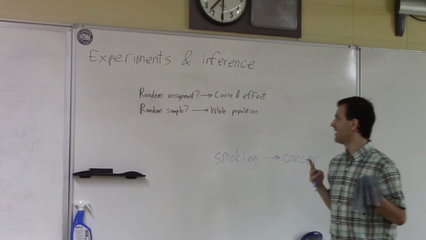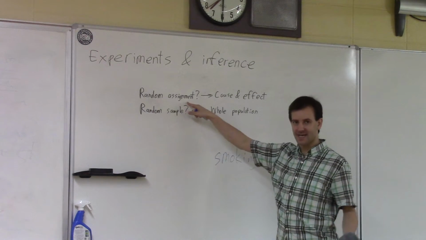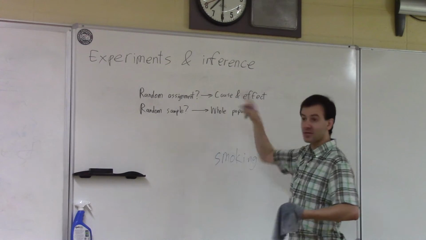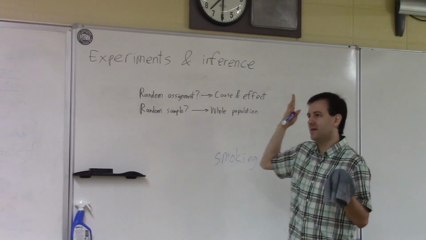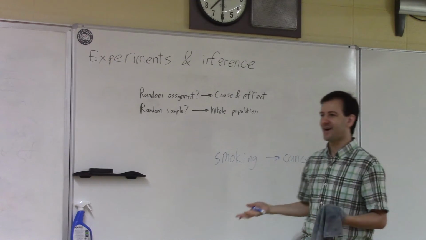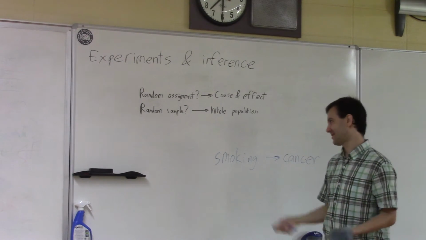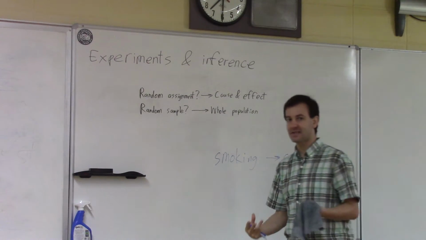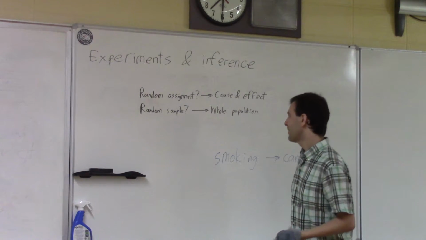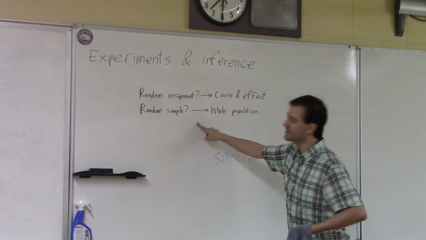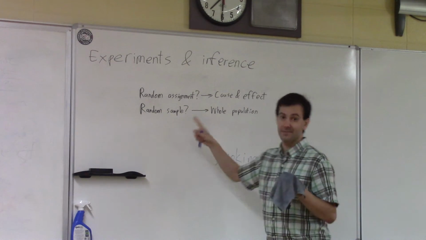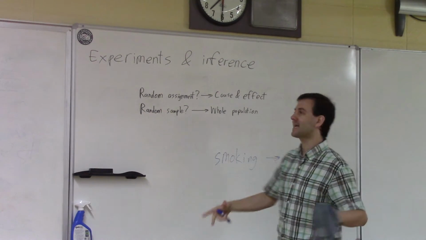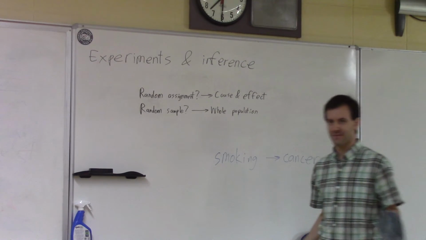And then, because they can randomly assign half of them to smoke, half of them not, they can establish cause and effect in mice. They can establish cause and effect in cats. Poor cats, given cancer. They can establish cause and effect in other animals. But because that's not a random sample of humans, they can't say that it goes for the whole population of humans. Since they haven't grabbed a random sample of mammals, they can't say that it applies to the entire population of mammals.